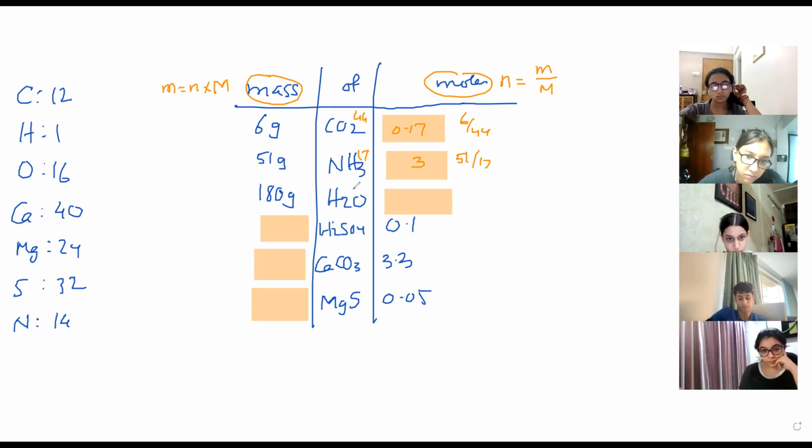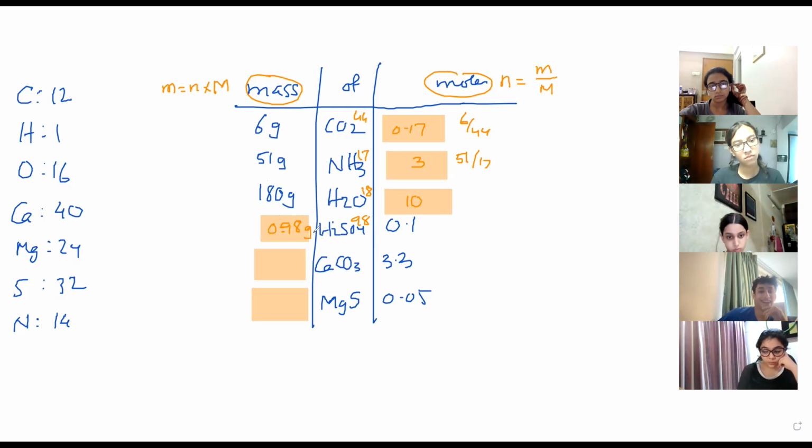3 moles. Molar mass of water is 18. So 180 upon 18 is 10 moles. Meaning when you take 180 grams of water, you get 10 moles of water, because 1 mole of water is 18 grams. Now the molar mass of sulfuric acid is 98. So 0.1 mole will be 0.98